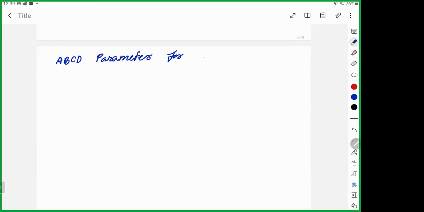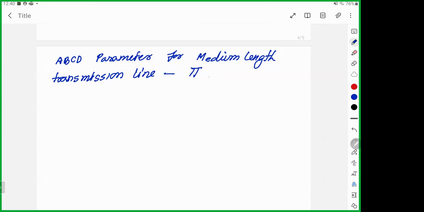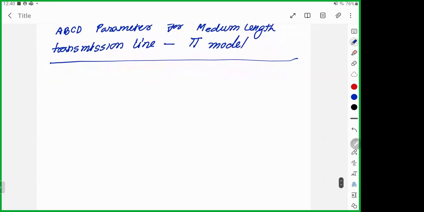So the ABCD parameter for a medium length transmission line is the same transmission line. And this time it will be the pi model. Okay, so in the pi model, as we have done in the T model,